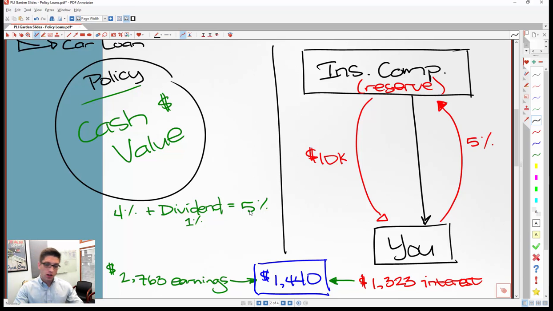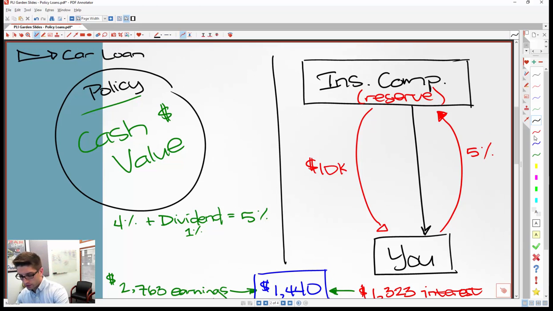Okay? And it's not really due to any kind of an interest rate arbitrage or anything like that. It's due to two different things. The first is you've been able to leverage your dollar in a very safe way. That $10,000 is growing in your policy while you're also utilizing it in the form of a loan. Okay? Used it 2 different ways. And then on top of that, we're also saying,